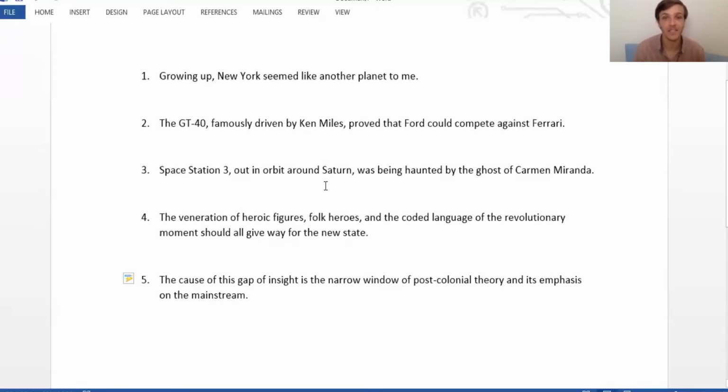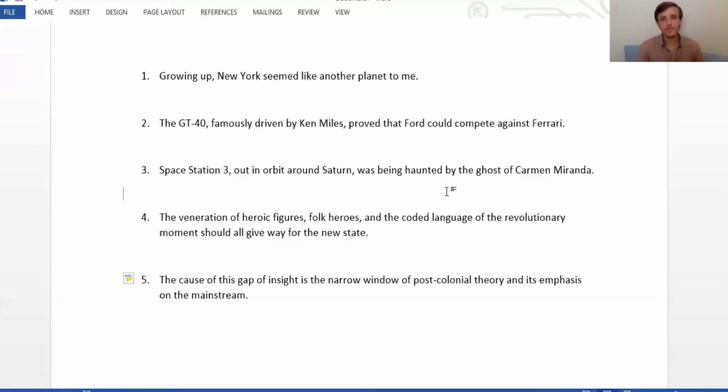And again, I love it because that's half the sentence. Half the sentence is the subject, and then that gets us to the verb stuff, which gets a little bit more tricky because you have "was," you have "being," you have "haunted." Why don't you take the second half of the sentence here? Yeah, so "was being haunted" is what we call passive voice. We'll get into that in a different episode. But because we've got this pushing off of action to the very end of the sentence, "was being haunted by Carmen Miranda,"